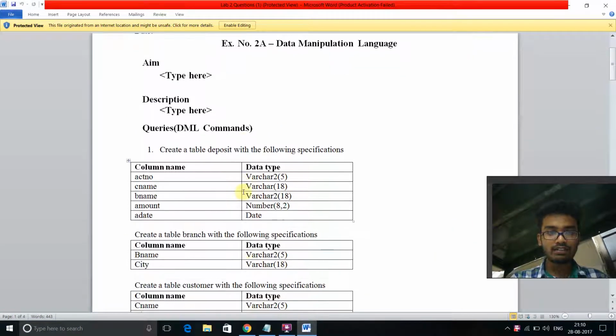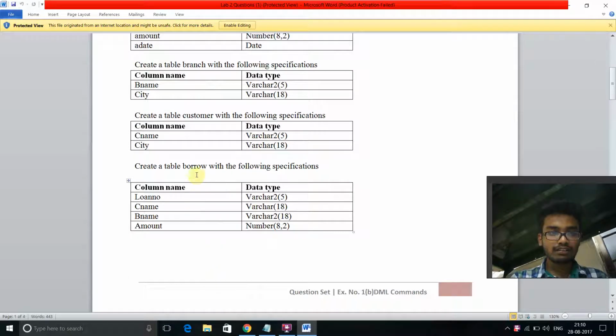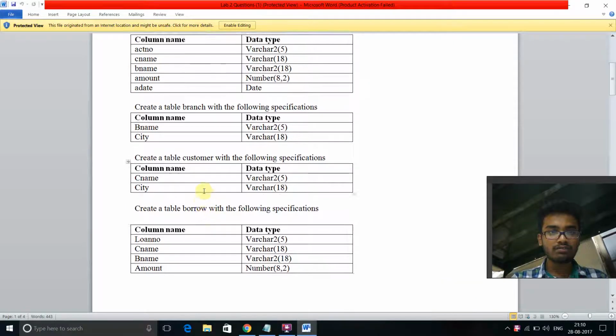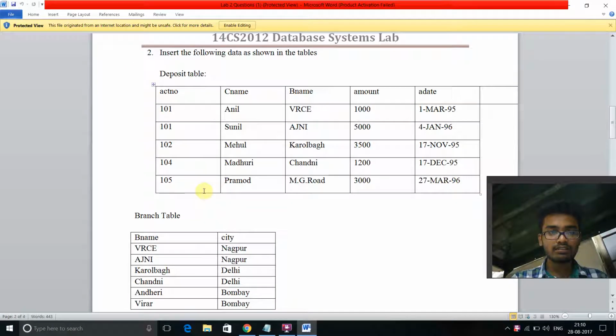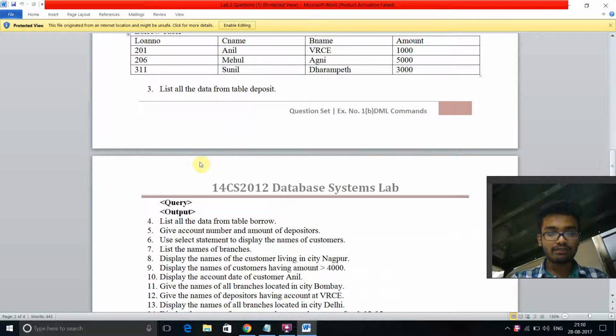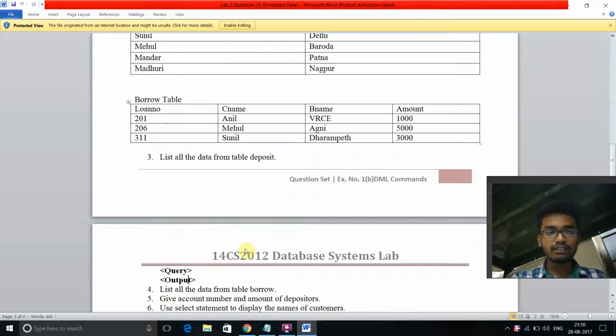First, they ask you to create the tables deposit, branch and borrow. Here they ask you to create these tables with table names as borrow, customer, branch and deposit, and to insert the values inside those tables. They have given some values for those tables, and they also ask some queries to modify those values inside the table. Now we will see the